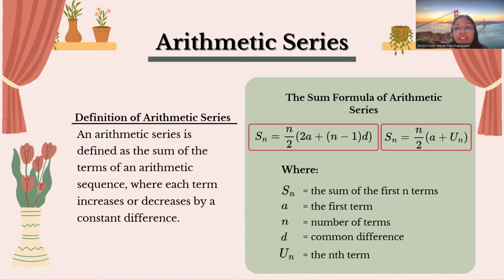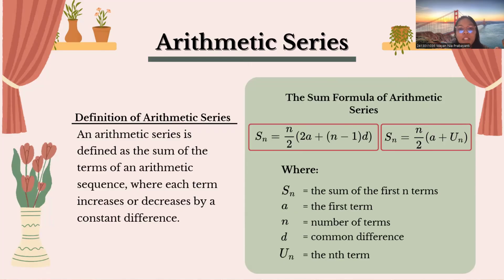So we will get the formula of the arithmetic series, which is S sub n equals n divided by 2 times (a plus u sub n). Okay, so why do we get this formula? Here is the intuition